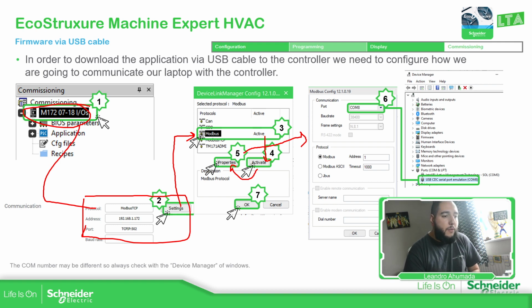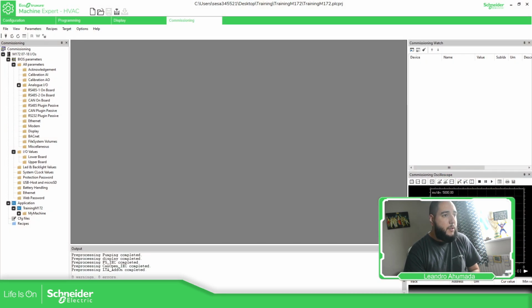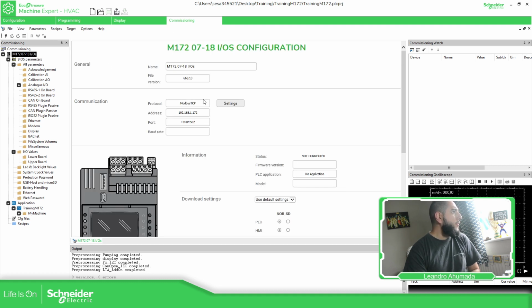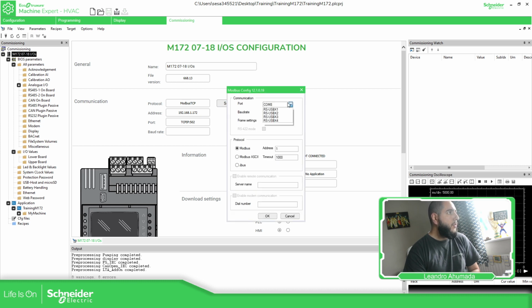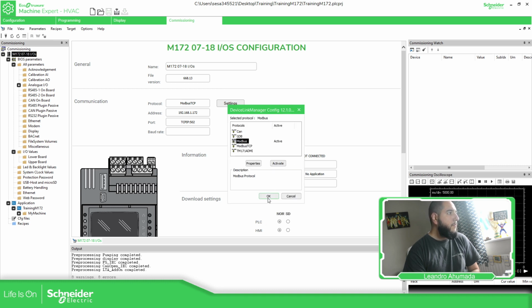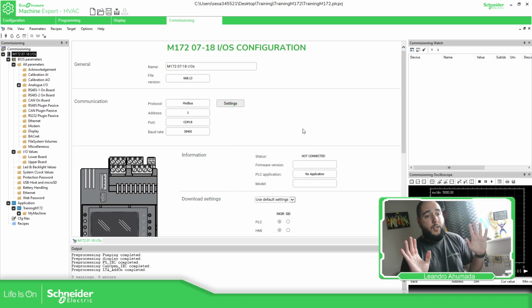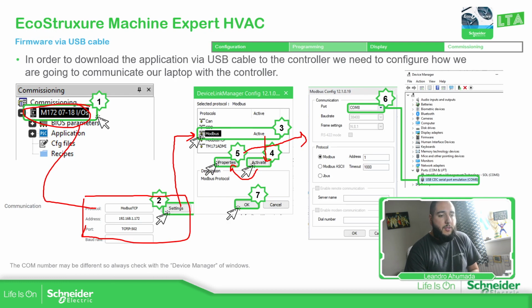So if we go to the software, here we change the settings to Modbus, activate, properties, and we select the COM port, in my case number 8, and that's it. You see that the COM port has changed. So we have already defined the way to communicate to a device. So if we go to the presentation,